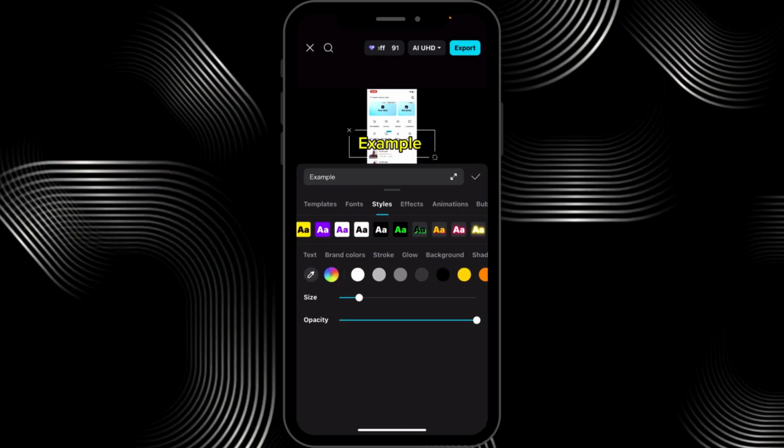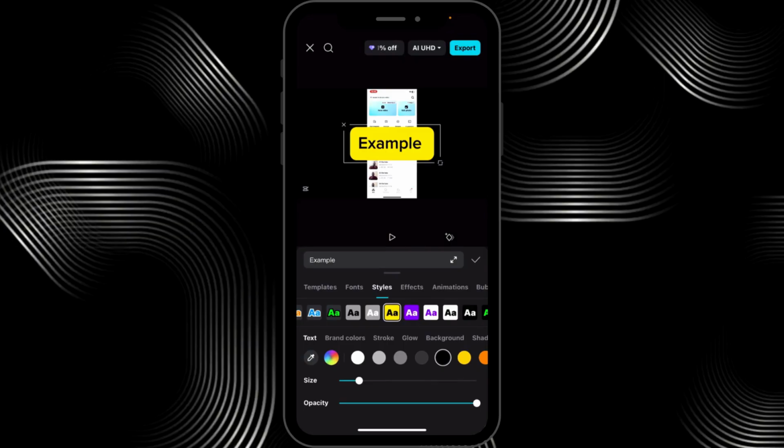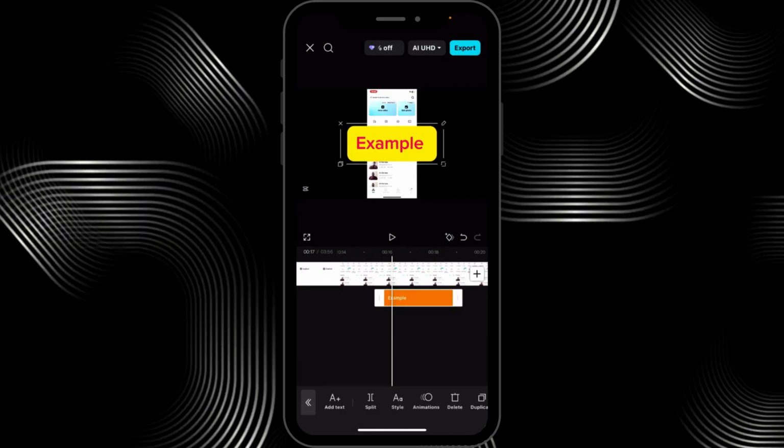And what I'm going to do, I'm going to swipe left, excuse me, and choose this background as the background color, or the overlay basically. And you can choose a different color for the text, right? And you can change the size, and once you're done, hit the check mark next to your text to apply